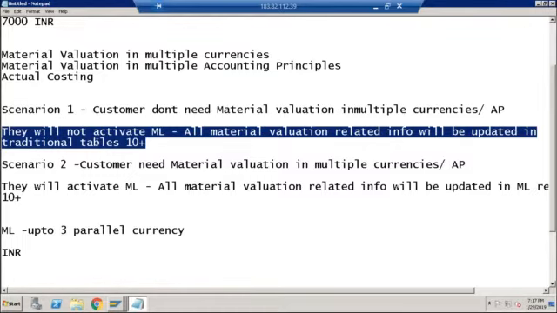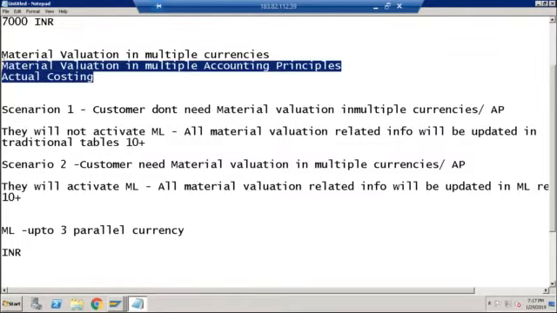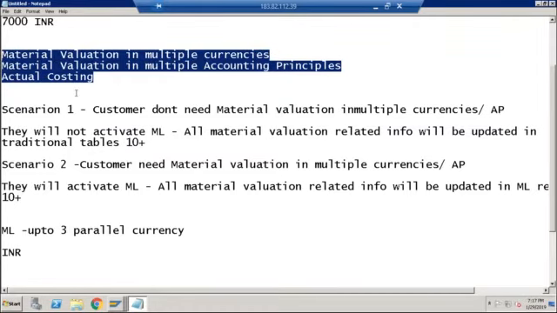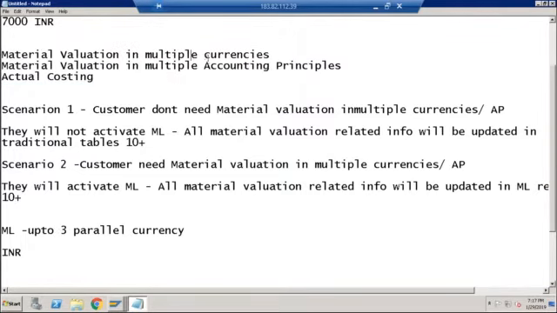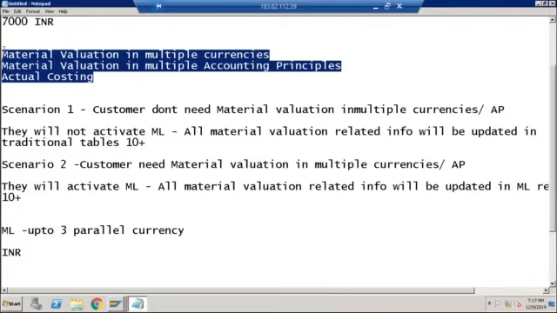Don't get confused. They are not saying you have to use one of the scenarios, because till now we were activating material ledger only when there was a need for one of these three scenarios: either we need multiple currencies, or multiple accounting principles, or actual costing. Now SAP is saying even if you don't have this requirement, it is not mandatory to activate this functionality, but material ledger has to be activated technically.